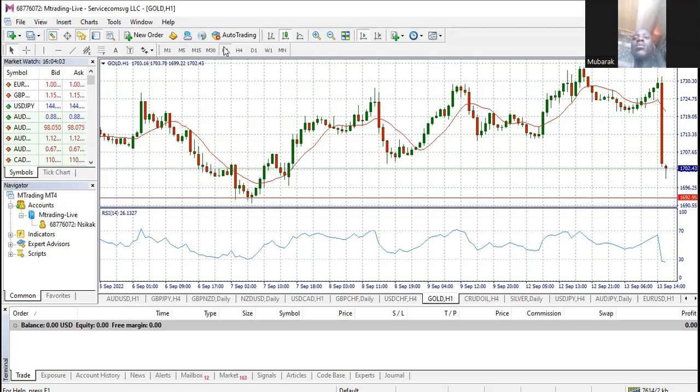I would rather leave the market and come in after the effect of the news. But if the chart also shows signs that support what the forecast is showing on the news platform, that's Forex Factory, I'm likely to take the trade or allow my trades to run till after the news.